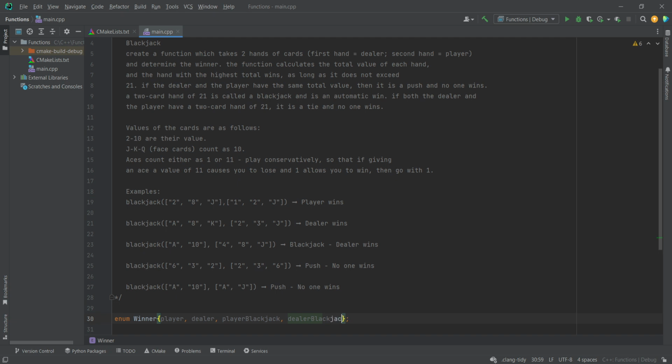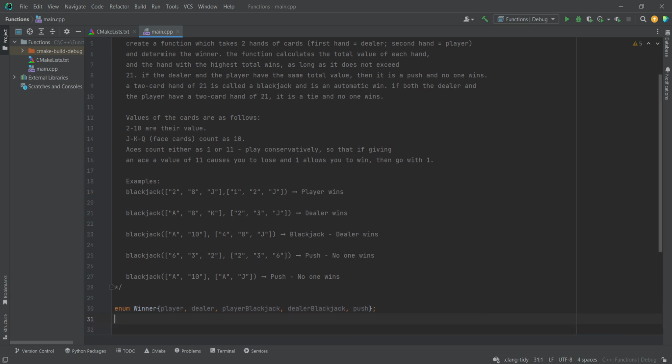If you've never played blackjack before, to win, it's also written in the requirements, the player or the dealer must have a total score less than 21, and the winner must have a total score less than 21 and also higher than that of the other participant. That means the player or the dealer. And then to win with blackjack, you must have only two cards, and the total points from these two cards must be 21, and the other participant must not have 21. So this one is push. These are the five possible